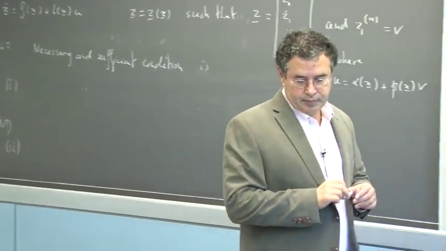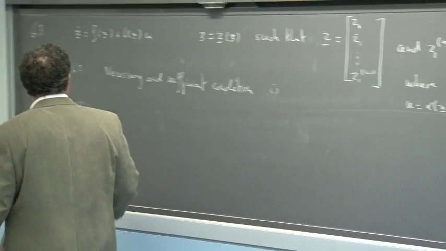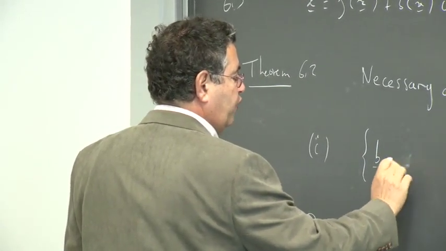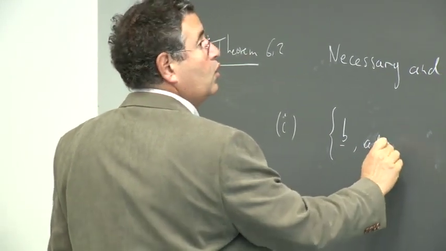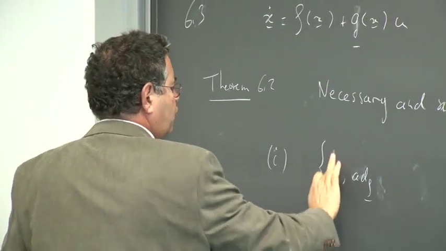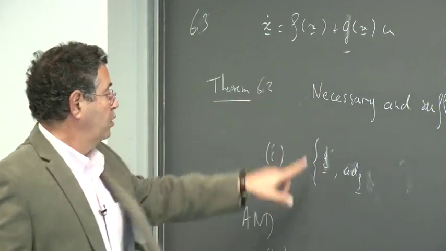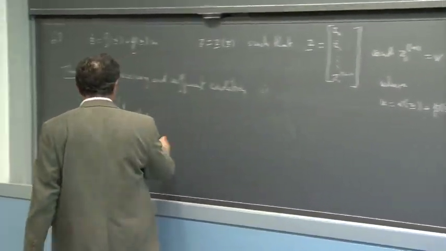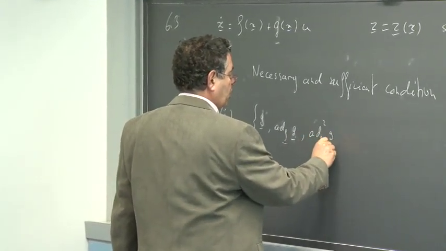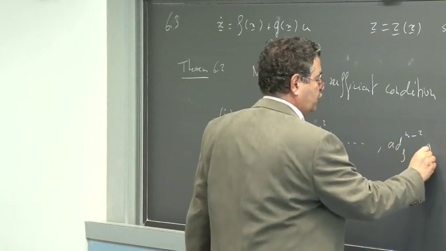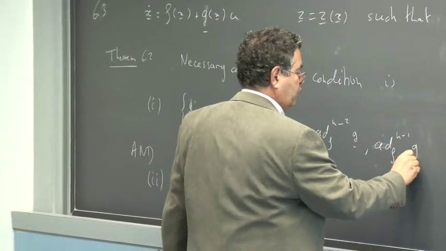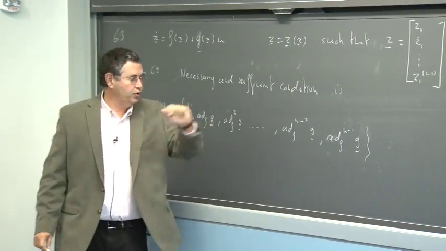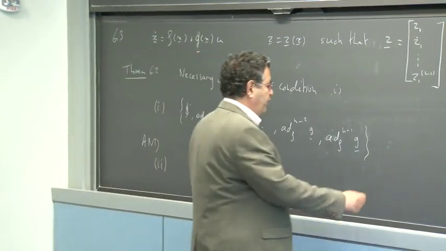The first condition is that if you take the vector fields B, ad_f B, let's just call this G to be consistent with the notation in the book. It doesn't really matter. So if you take G, ad_f G, namely the Lie bracket of f and g, ad_f^2 G, ad_f^(n-2) G, ad_f^(n-1) G. So if you take this family, how many vector fields do we have? We have n vector fields, okay? G, ad_f G, and so on. Okay. So if we take this family,